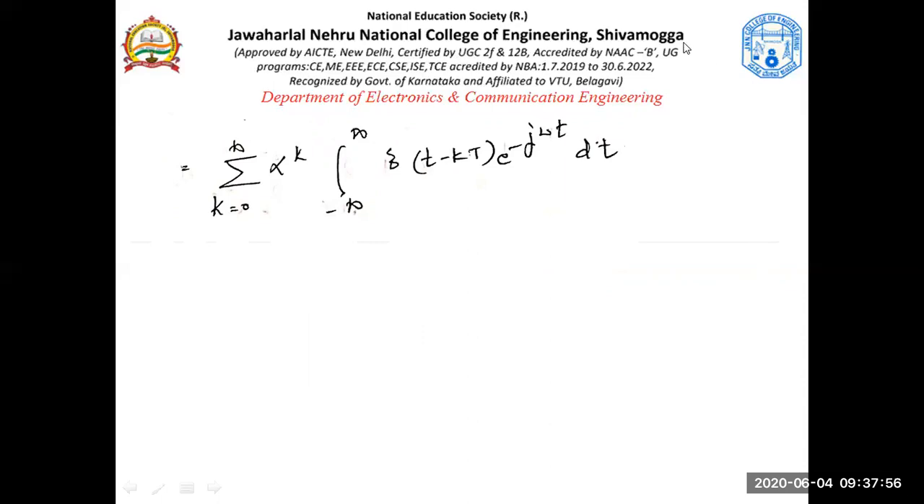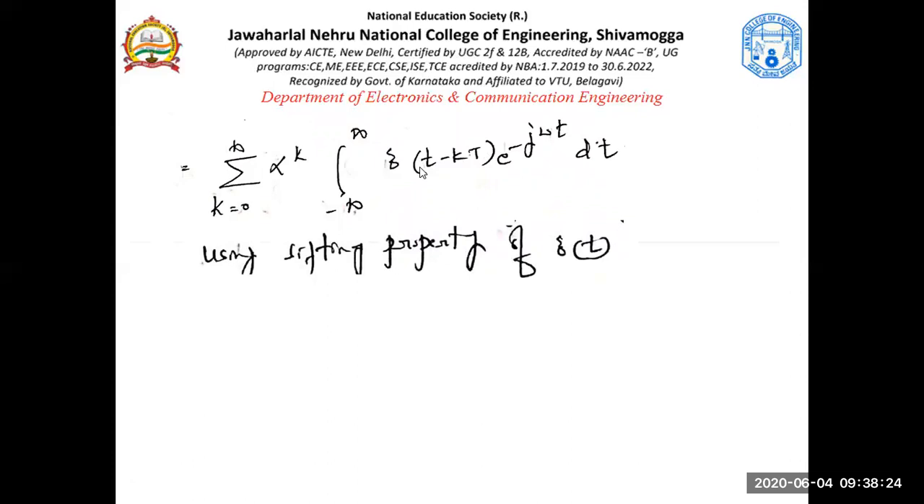Now, what is this? This is a standard term. Where did we see this term? We saw this term in the properties of delta function. If you consider this as x of t, and this as delta, what does the delta function say? Delta means it's the unit impulse function. Using the shifting property of delta of t,